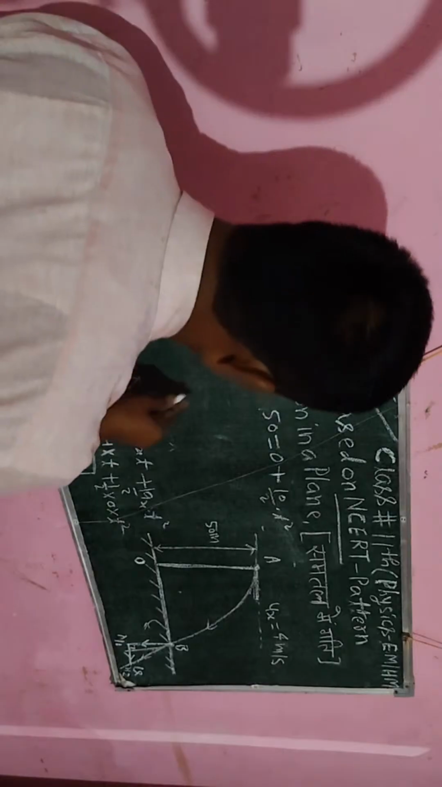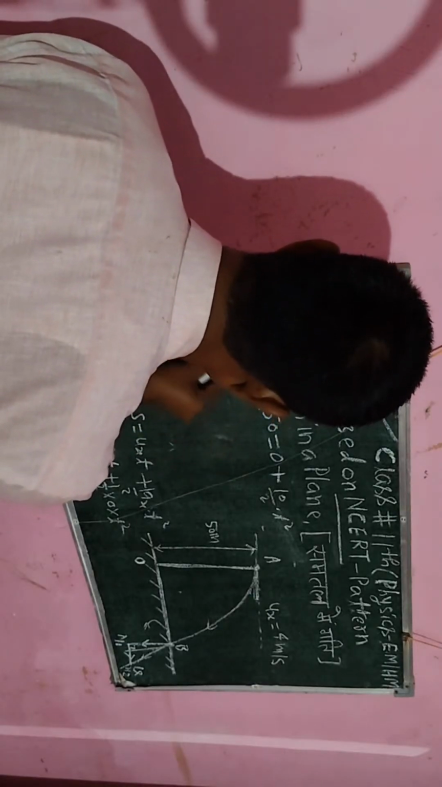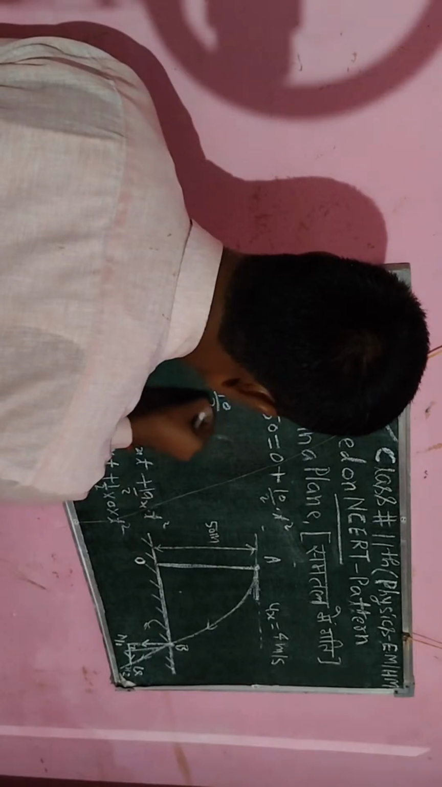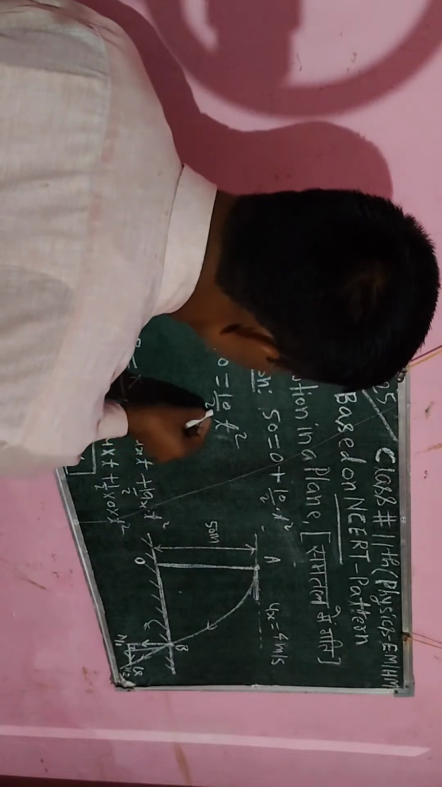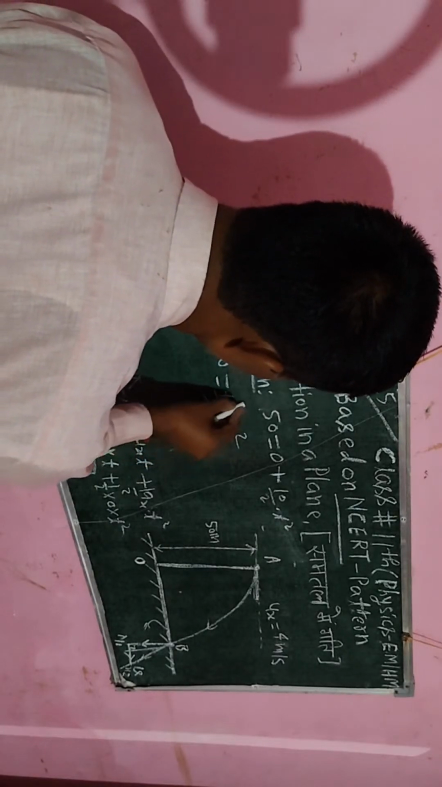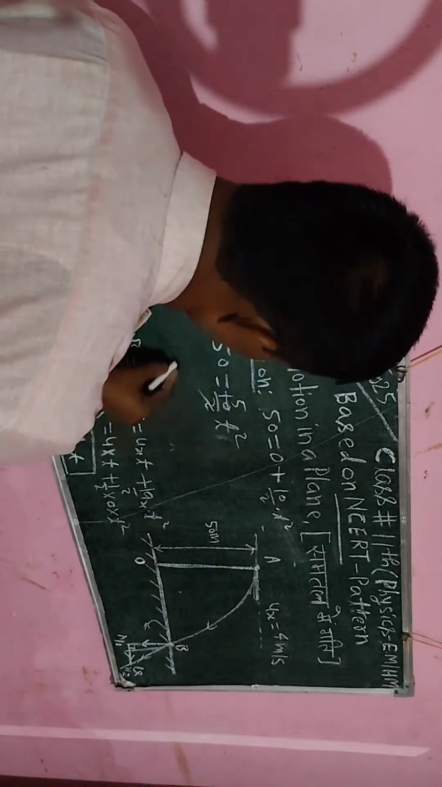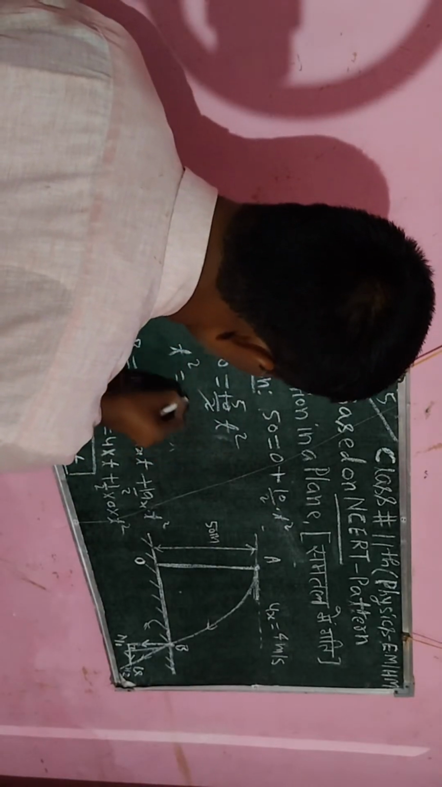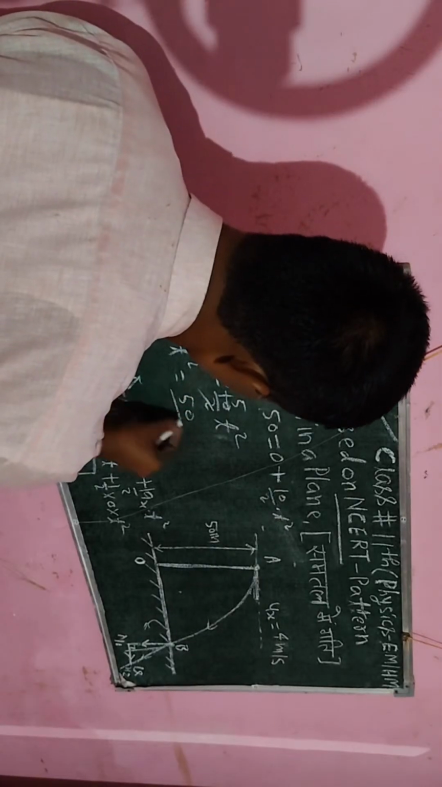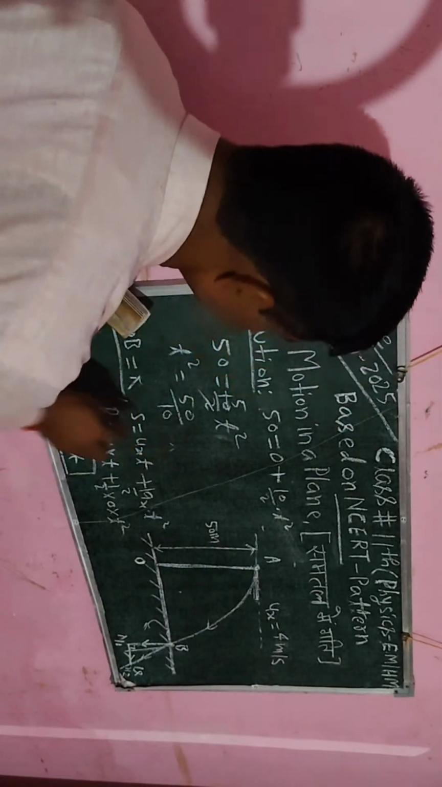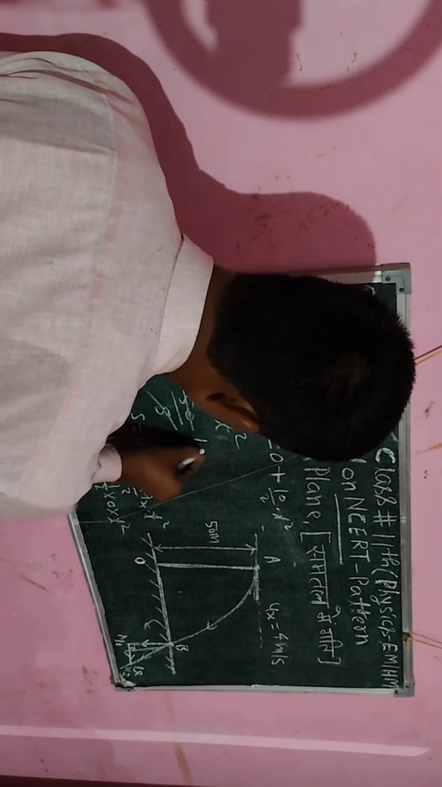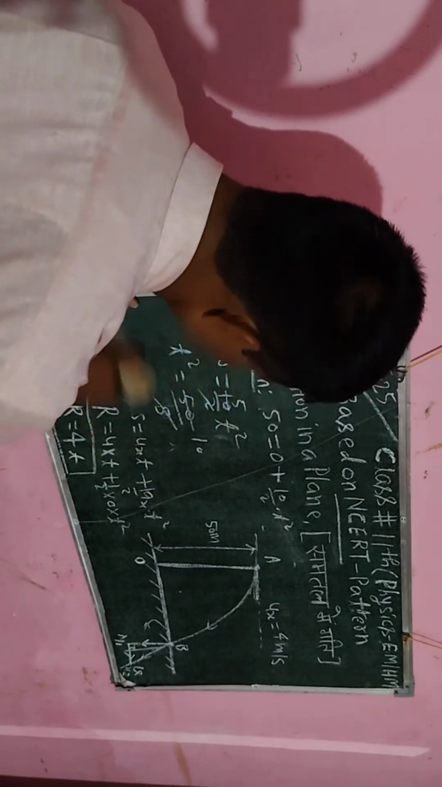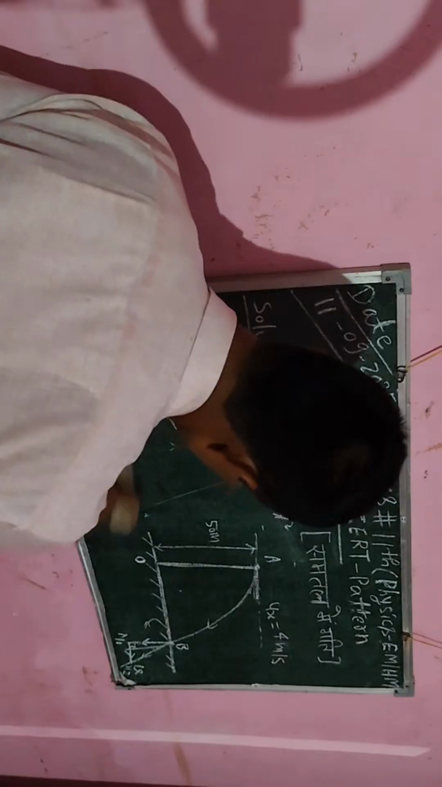After simplifying, I will get the value of t. 50 is equal to 10 divided by 2 into t square. So I will say here 5 twos are 10. So I can write t square is equal to 50 divided by 5. 5 tens are 50. So below data I will erase, and after erasing I will also